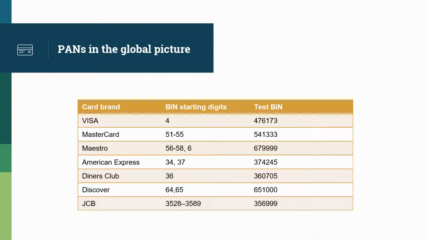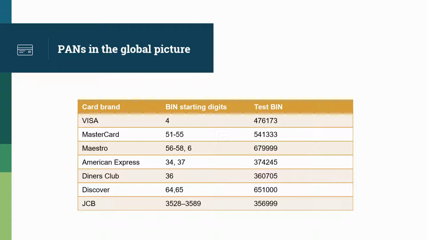This table shows how to tell what card brand a PAN belongs to. A PAN starting with 4 is a Visa card, and the test BIN for Visa is 476173. A PAN starting with 51 to 55 is a MasterCard card, and the test BIN for MasterCard is 541333. A PAN starting with 56 to 58 or with 6 is a Maestro card, and the test BIN for Maestro is